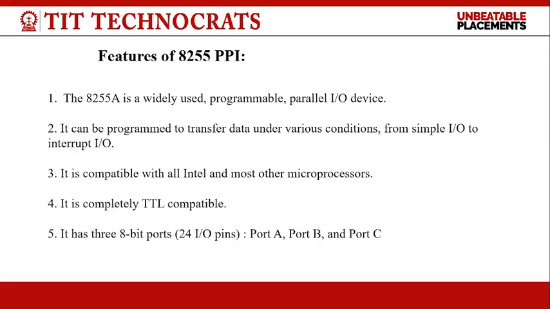The Intel 8255 is designed for use with Intel's 8-bit, 16-bit and higher capability microprocessors. Basically it has 24 input output lines which may be individually programmed in two groups of 12 lines each or three groups of 8 lines each. The two groups of input output pins are named Group A and Group B, and each of these two groups contains a subgroup of 8 input output lines called an 8-bit port and another subgroup of 4 lines or 4-bit port. Here firstly we discuss the features of 8255 PPI, Programmable Peripheral Interface.